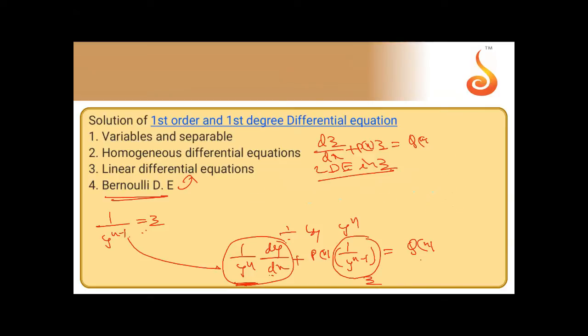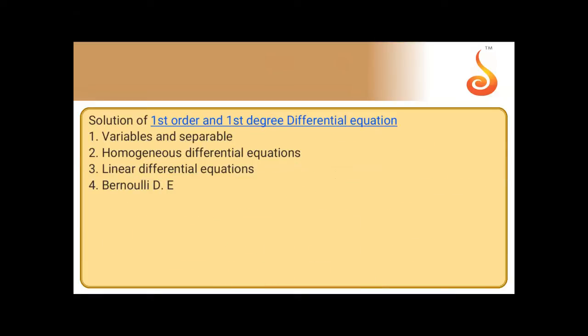The solution of the LDE in z is z into IF equal to integral of Q of x into IF into dx plus c. But what is the z value? You can substitute it here, because the answer should be in terms of x and y. So whatever the assumption for z, substitute it here, and the remaining part is the same as what you did for the LDE. Example, I will give examples, don't worry. We'll do an example.